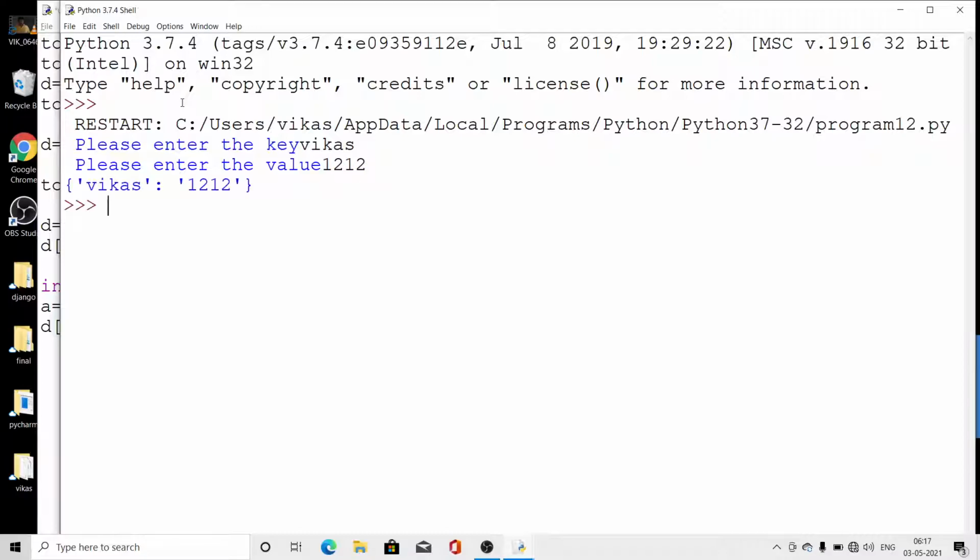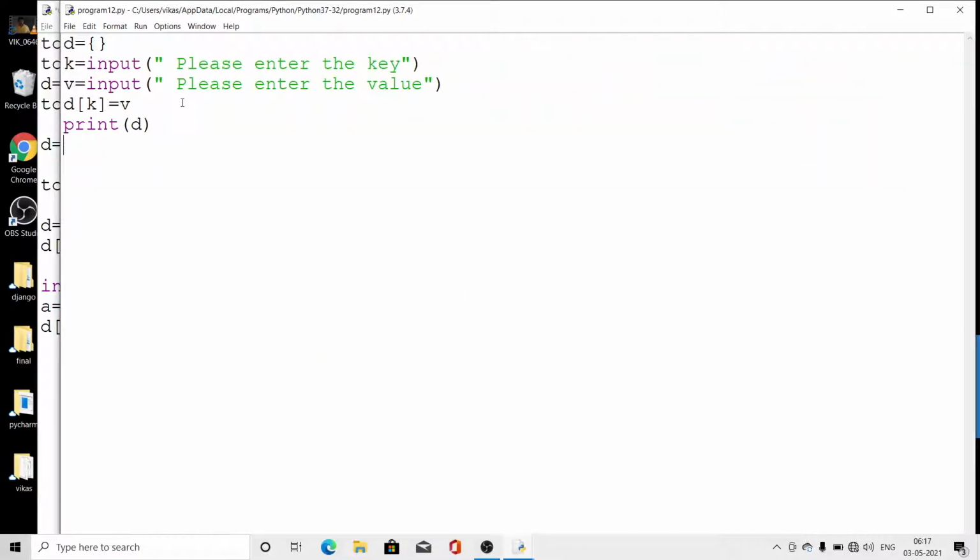Look here. So this is a way by which you can create the dictionary. Now we are going to see how we will access the dictionary. So to access the dictionary,